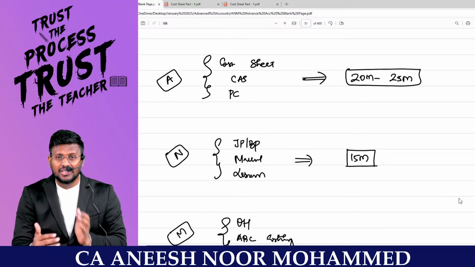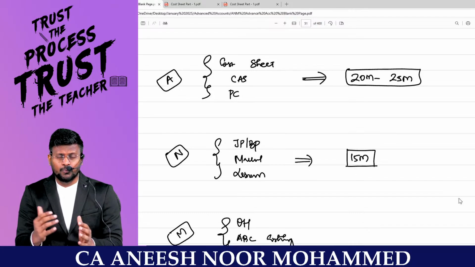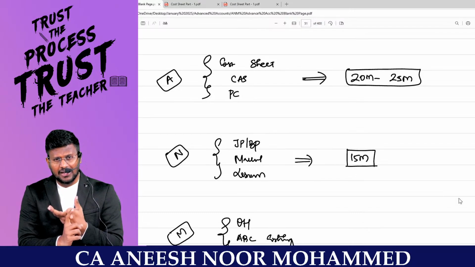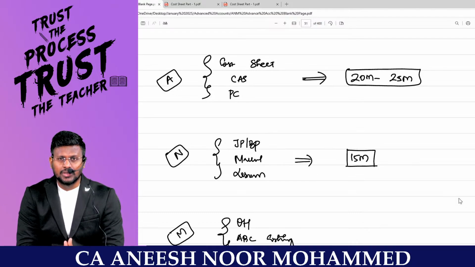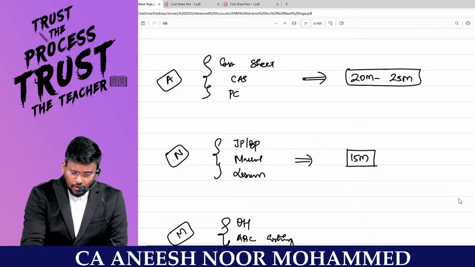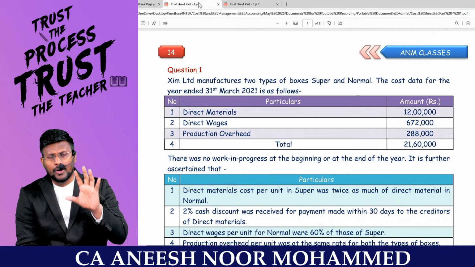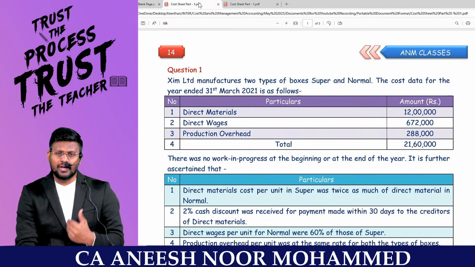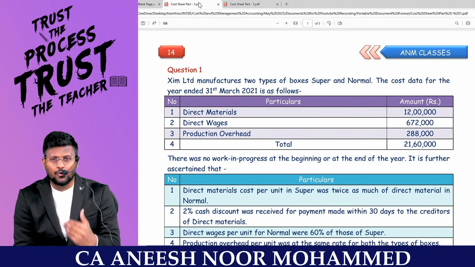That means this revision series is not for those who are still studying. This is for the people who have already completed their class, or at least complete the cost sheet and then come and do this part. The structure is very simple. I will give you a question from cost sheet, and after a certain point of time, like 5 hours or within 12 hours maximum, I will give you the answer on YouTube itself.